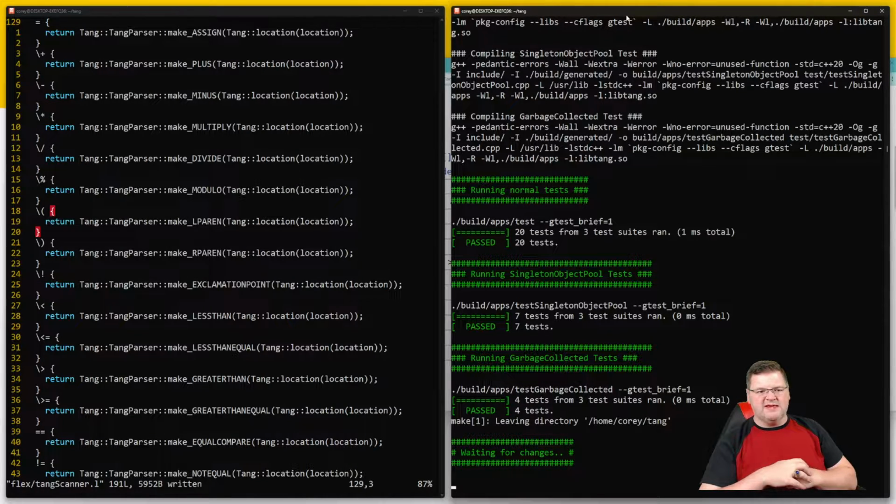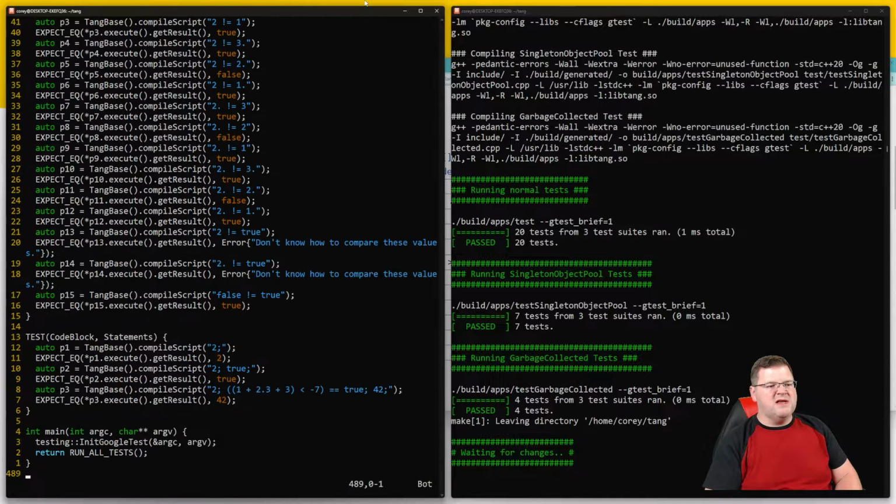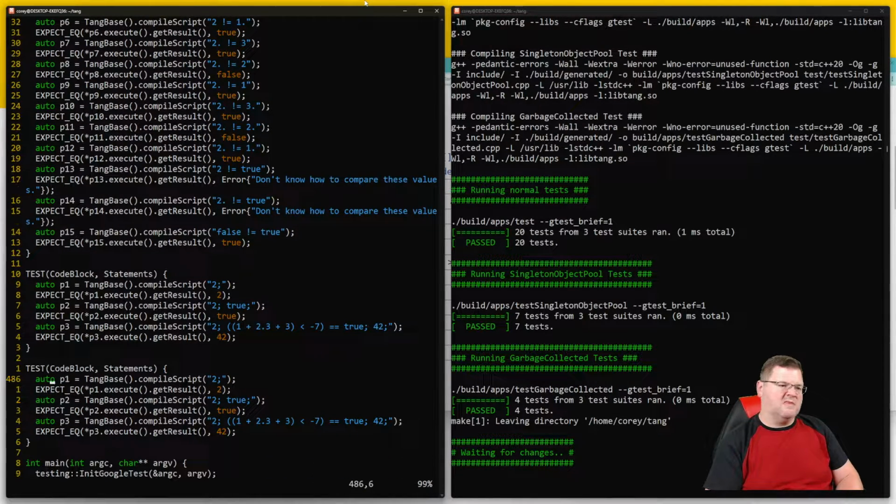what do we do with this? Well, let's look at a test. That is the wrong window. There we go. Down at the very bottom. And we'll just yank these. And these are going to be assign